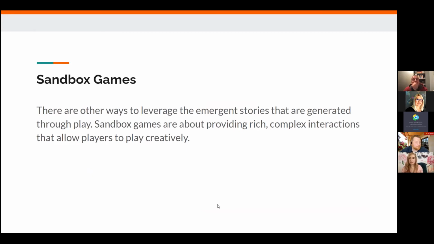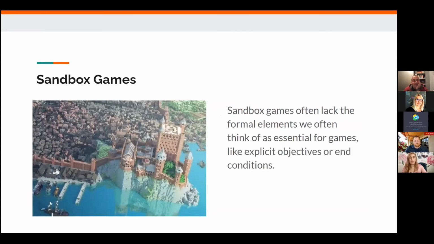So there's another type of game. We talk about multiplayer in that world and the stories we create between each other. But then there's also sandbox games. And so these essentially leverage emergent storytelling through play. They're about providing extremely complex interactions with a world that allow players to set their own goals and start playing creatively. So I think obviously the big one we think about is Minecraft. It doesn't essentially have goals other than survive, if you're even playing in survival mode, but Minecraft can even remove the survival aspects. And it essentially gives you the tools to build your goals and set your objectives for yourself as opposed to the game telling you explicitly.